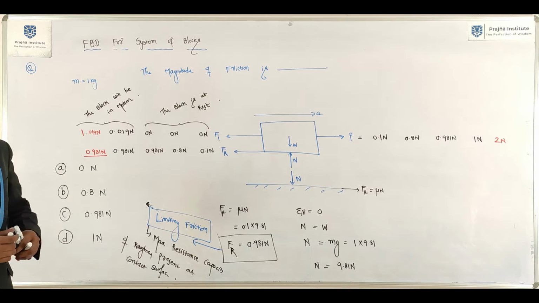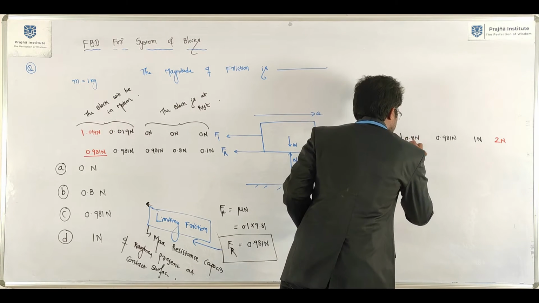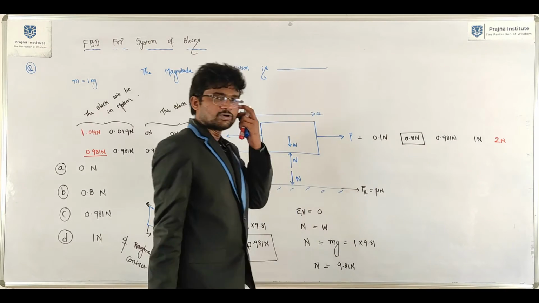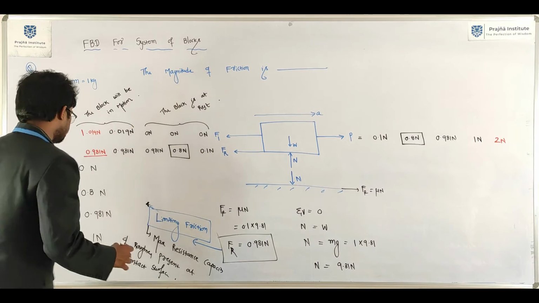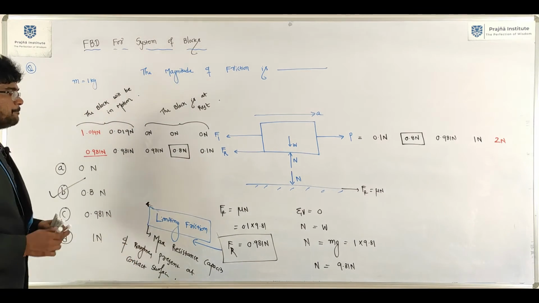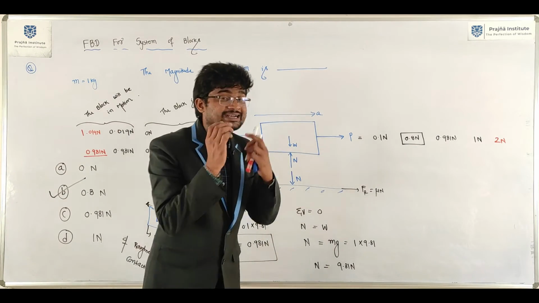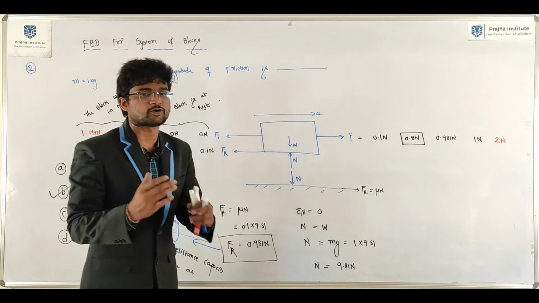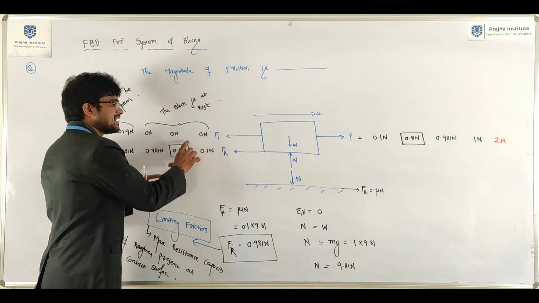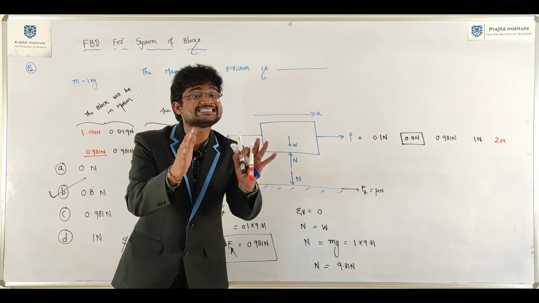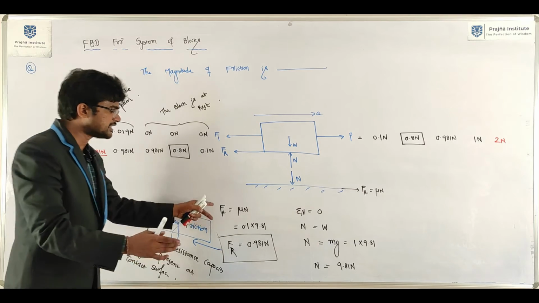Now, what is the answer to this question? Here they applied 0.8 Newton. What is the frictional resistance? 0.8 Newton. Then the answer is B. So if 0.8 Newton is applied, what is the resistance offered by the roughness present at contact surface? 0.8 Newton. That is the frictional resistance at that particular instant of time. This is the general case. So what is the limiting friction?